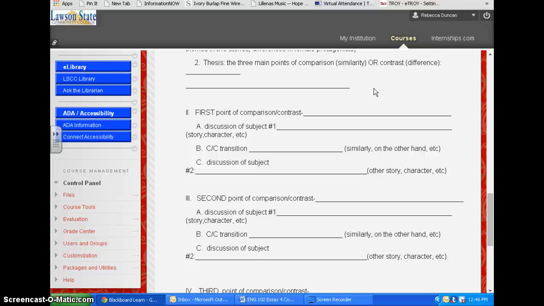Another way is subject by subject. And again, you do all about Nora, all the points about her, and then all the points about Hester or Mrs. Johnson. And again, you end up with only a 4-paragraph or 4-section paper. And typically, if you go into depth, it's just too much information at one time. So I set up a 3-point outline that has 3 specific selected points of comparison or contrast, or I allowed you a combination,